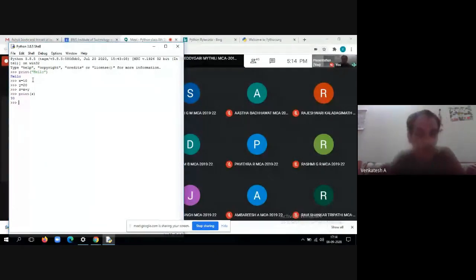Another thing: in case you want to initialize more than one variable at a time in the same statement, that also you can do. x comma y is equal to 20 comma 30. If you initialize like this, on the left side x is the first variable, and on the right side 20 is the first value.